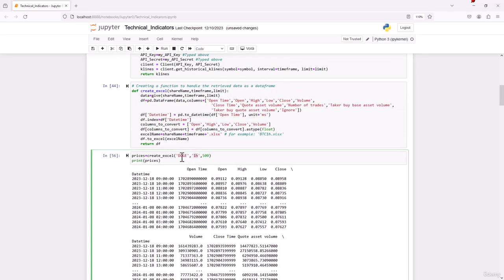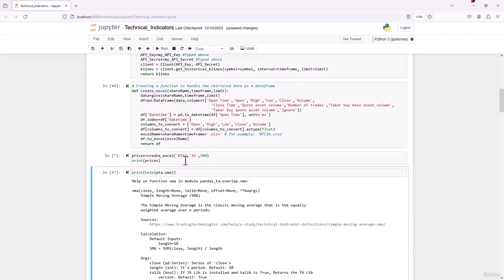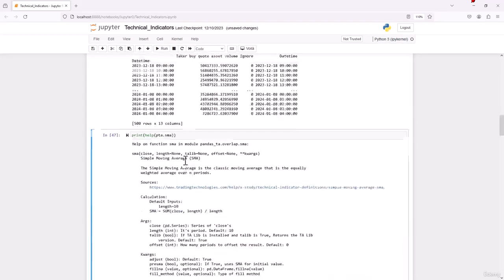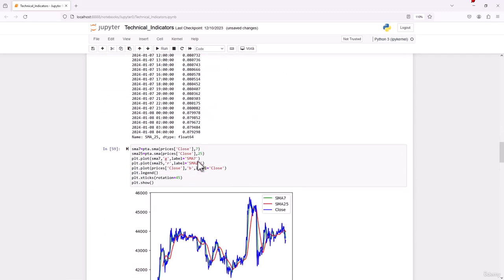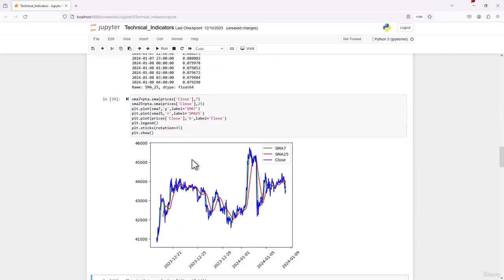Here, I consider Bitcoin for the past 500 hours. Pressing run will store Bitcoin data in the prices variable. In this section, I press run again to visualize the Bitcoin charts. As seen in the figure, the shorter SMAs in green swiftly cut above the slower red SMA, indicating an upward market movement. This occurrence